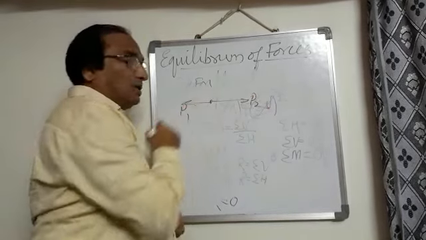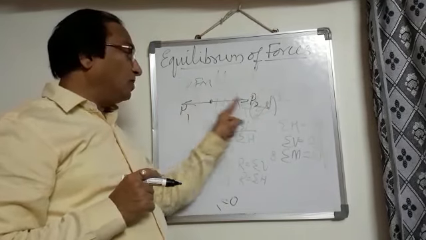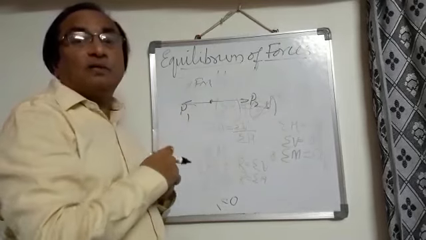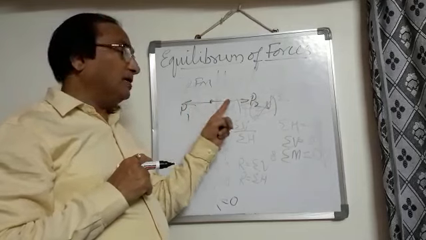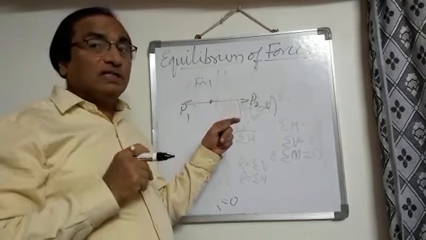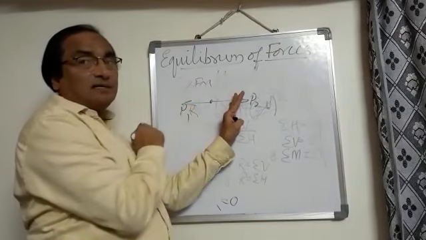Both are acting at a point. If they have to be in equilibrium, then P1 must be equal to P2, opposite to P1, and they should be in one line. So if there are two forces, then one force must be equal, opposite, and collinear to the other force. We have seen in the resultant problem, if I say this P1 is nothing but R, resultant,